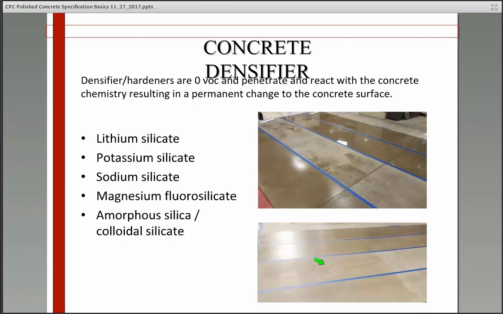And the slabs got different amounts of densifier. This is a slab right here, this little strip that got the most densifier applied, and it is the most uniform in colorization. If you look here, there's a little bit of difference in colorization here, and that's due to those areas did not get quite as much densifier as the areas next to it. Densification to rejection will help with uniformity and durability,